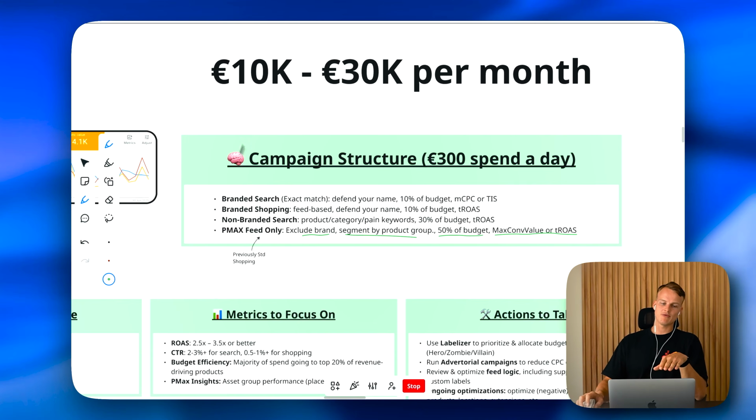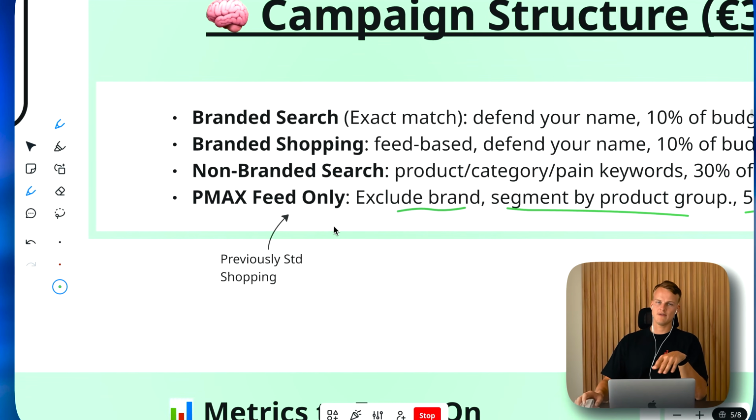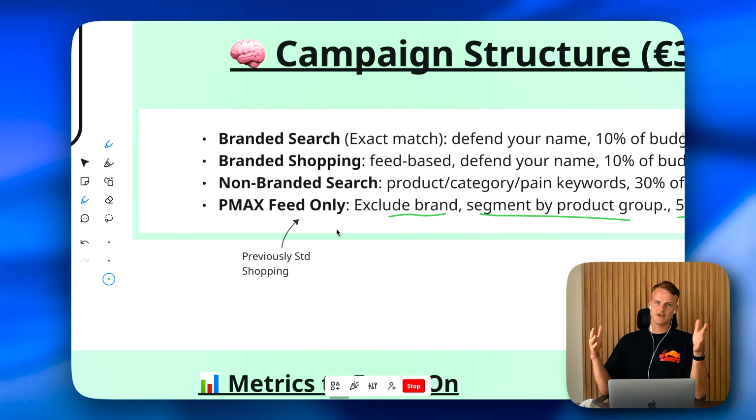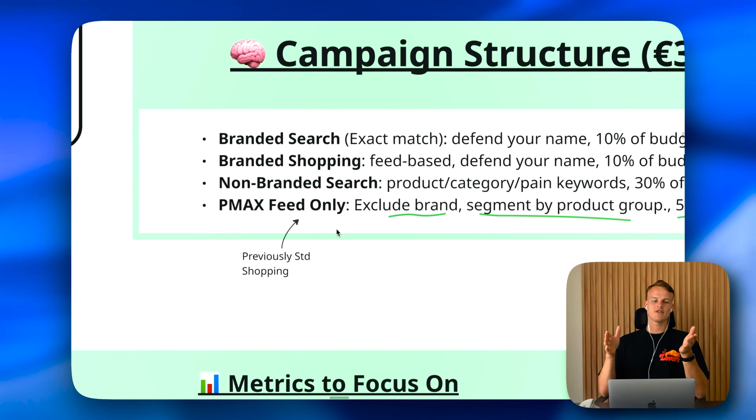So if you have, for example, the Performance Max feed-only campaign, right, with all your products, say you have 100 products, and you see that like 5 products are generating the majority of the revenue, it would make way more sense to get those 5 products, put them in a separate Performance Max feed-only campaign, use a dedicated budget for your winners, and try to scale those products instead of the entire Performance Max feed-only campaign with all the products, because you want to generate more sales. And if those 5 products are generating more revenue and more profit, why wouldn't you scale those specifically,